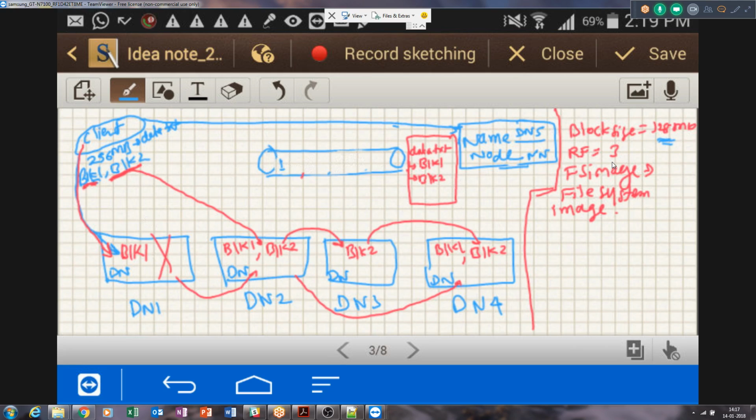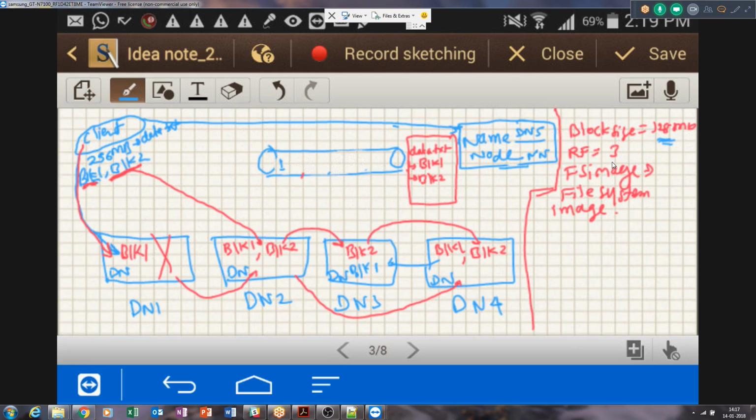It knows that the block 1 copy is with data node 2 and data node 4 as of now, because data node 1 has stopped signaling to the name node. So it will ask either data node 2 or data node 4 to forward 1 copy of block 1 to data node 3. Let's say data node 4 will do it, and the block 1 copy has come over here.